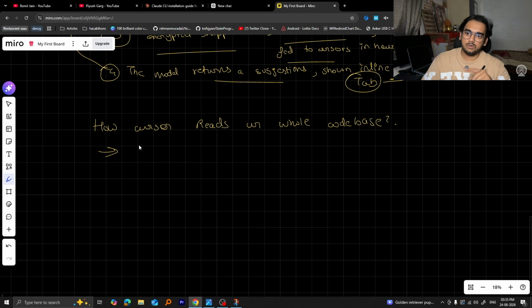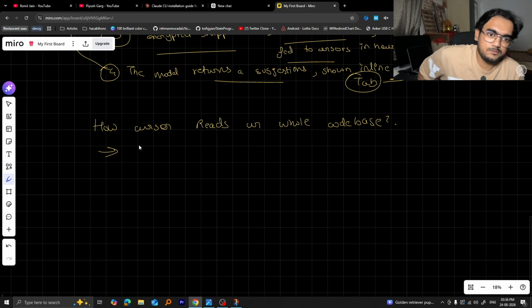You can also use Mermaid, by the way. It's not related to Cursor, that is another plugin, but it's free to use. You can maintain a code graph or knowledge graph for your whole project. I have done in some of my projects, I have maintained a Mermaid graph. उससे क्या होता है ना कि whenever you are working on any new feature,